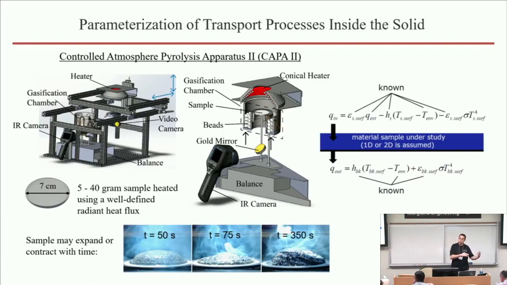We do have a few additional tests that we do. For example, we characterize the total broadband emissivity of the surface before we get here, and we also quantify the absorptive characteristics of these materials. But with this defined, we now have an experiment where all the boundary conditions up top and bottom are defined. We know the shape of the sample that evolves with time. We can actually track changes in the boundary conditions as the shape of the sample changes, as shown here in the example on the bottom.